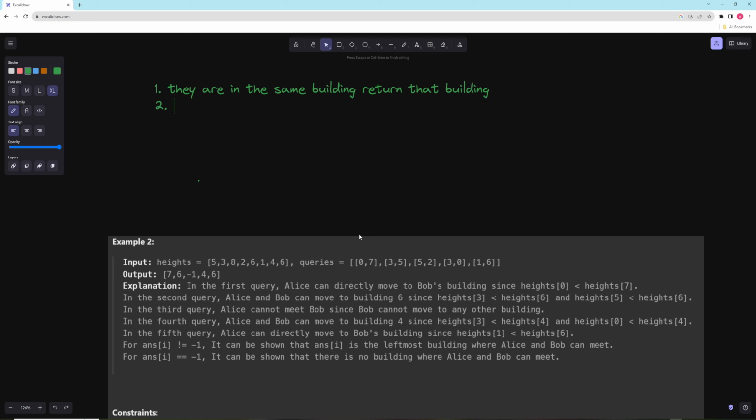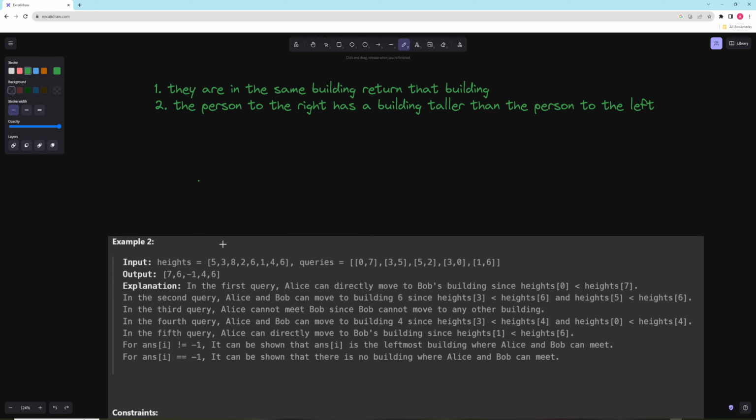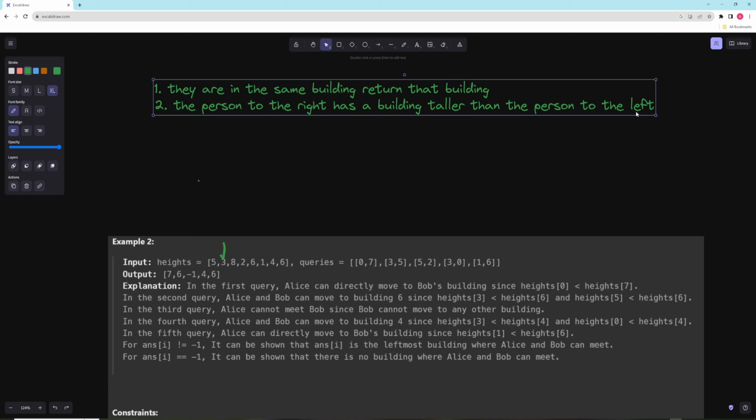Type 2, the person to the right has a building taller than the person to the left. So if our query was, let's say, 3, 8 here, or these indices, 1, 2, we can just say, hey, the person to the left can just move to the person to the right's building and we're done, right? So in this case, very easy, we return